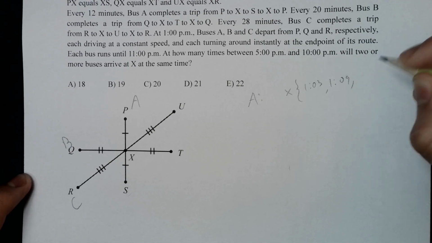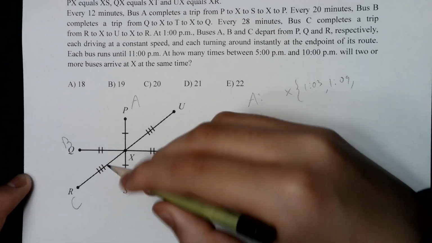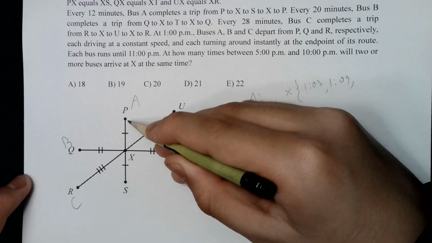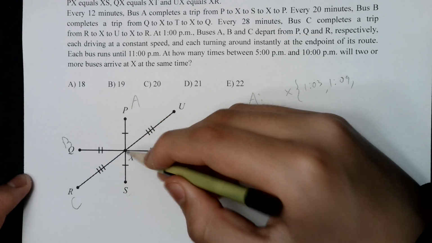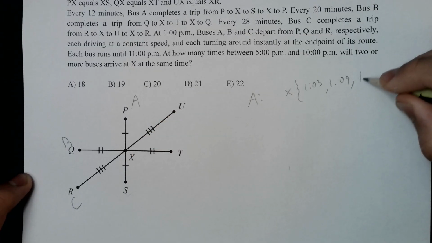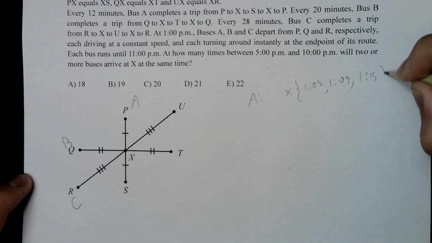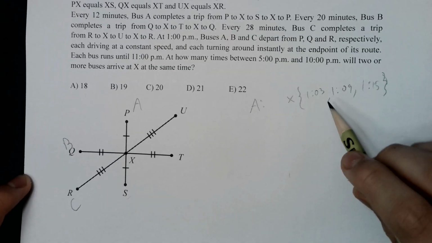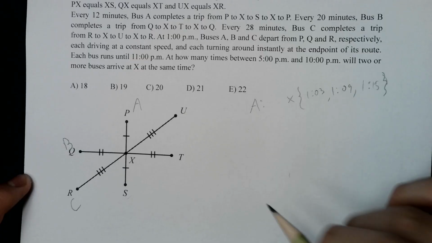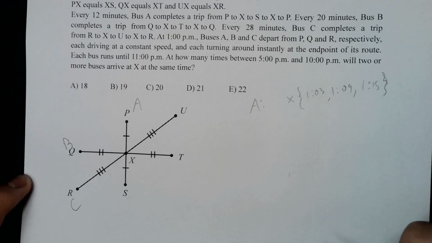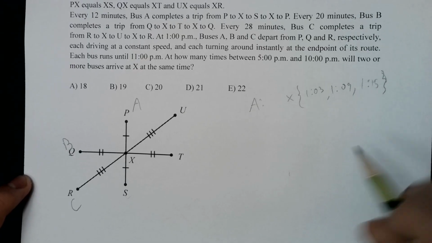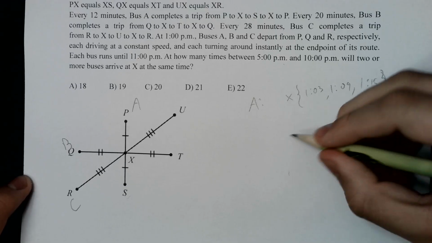And then after that, you start to see a pattern where there's plus 6 in between, and you can look at this again. So 1:09, 1:12, 1:15, and we can see a pattern with A, where the first stop at X is going to be at 1:03, and each stop after that is going to have an increase of 6. Now this means that for our current range, so from 5 to 10,